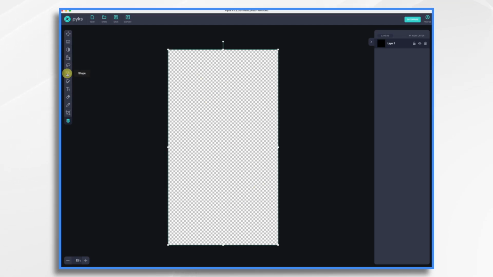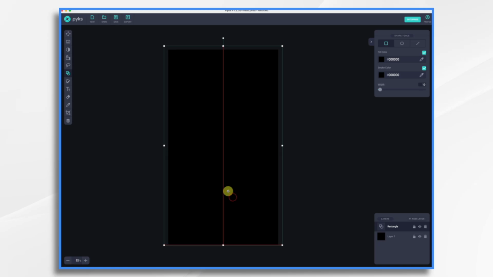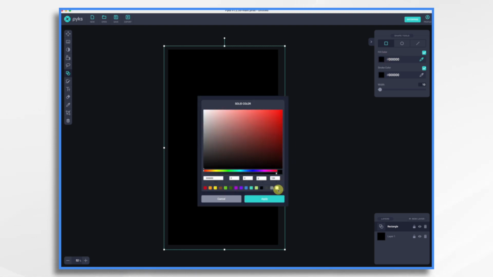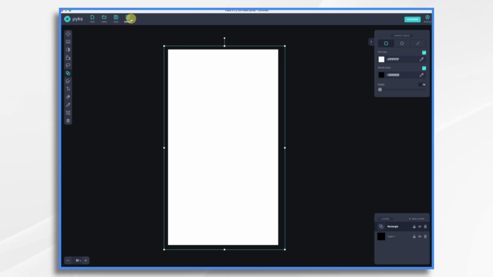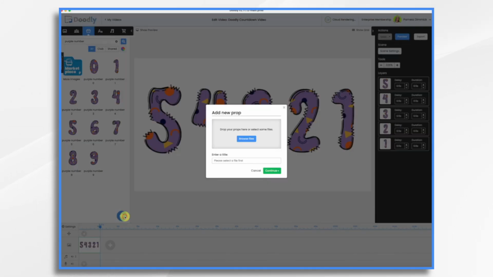Now go over here to your shapes tool and let's go ahead and just draw our shape in here, and we want to fill the screen. Obviously this is black by default and we want white, so we're just going to click this and choose white, apply, and that's it. So let's export it, go back into Doodly, click your little props and then the blue and white plus sign, and this time we're just going to drag it in,